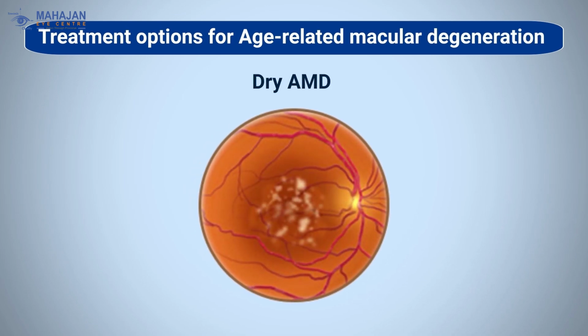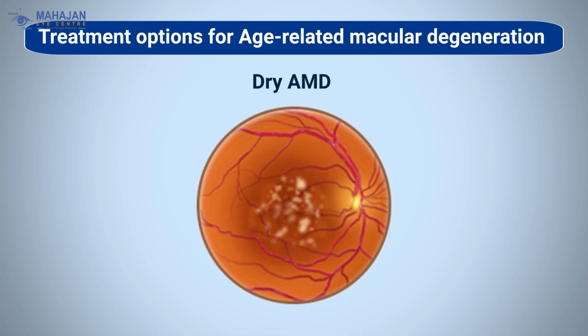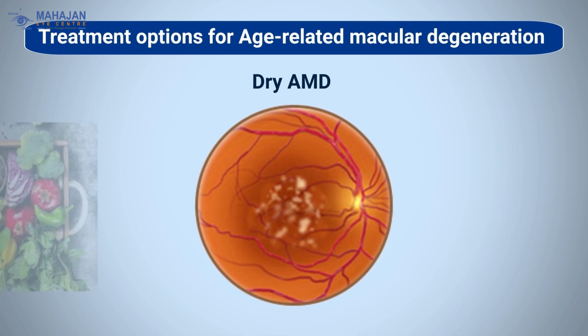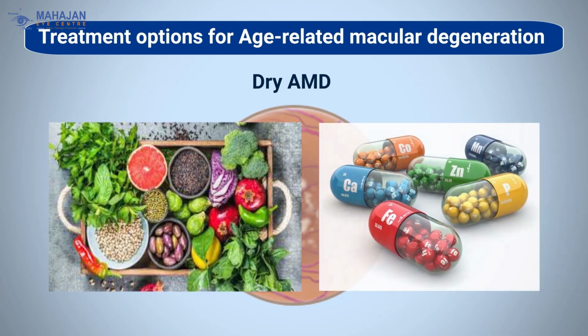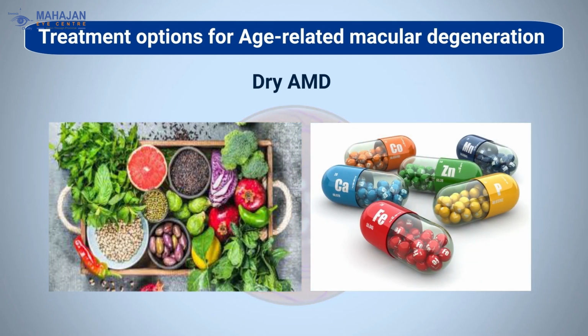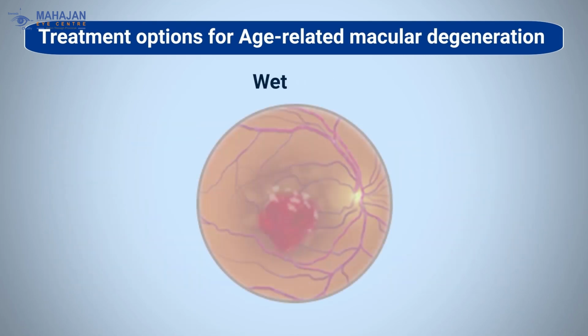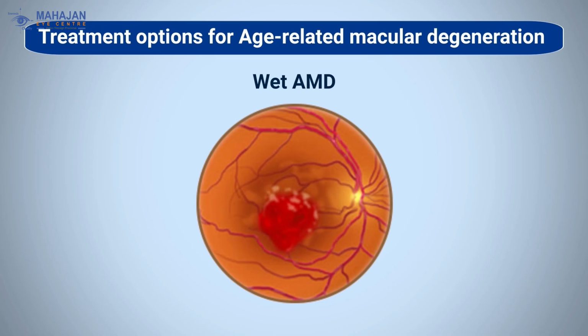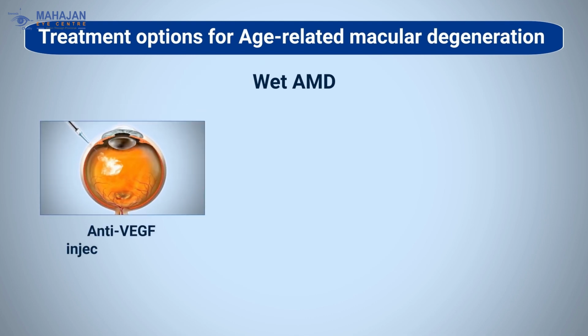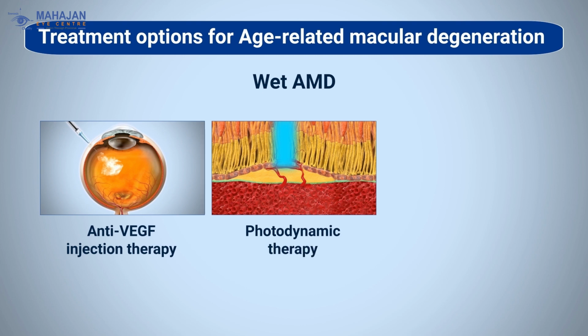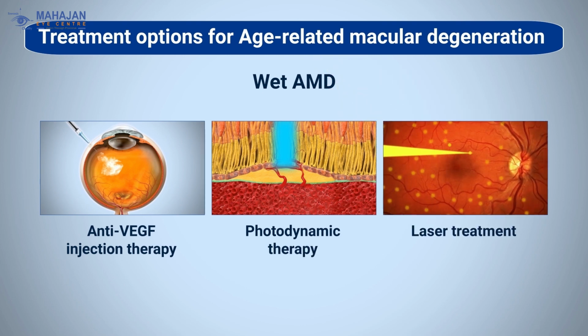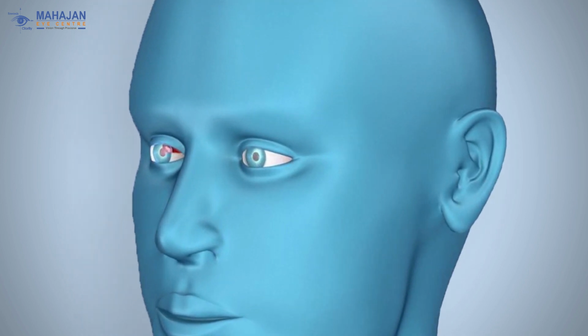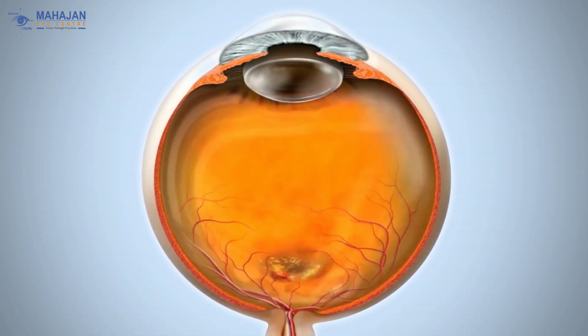Treatment options for age-related macular degeneration. There is no single proven treatment option for the dry form of macular degeneration. However, antioxidants, vitamins, and zinc reduce the impact of macular degeneration. In case of wet AMD, treatment options are anti-VEGF injection therapy, photodynamic therapy, and laser treatment. Currently, the most common and effective treatment option for wet AMD